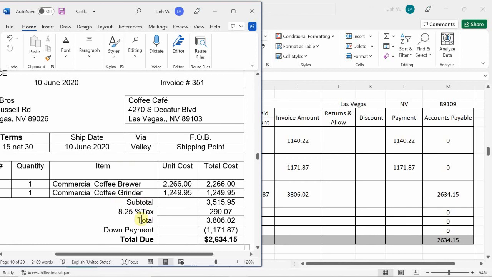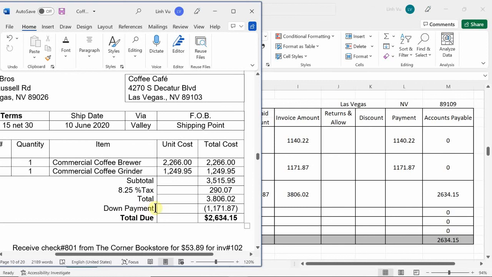So in this case, the total here is $2,634.15, right? But we have to put back that down payment because we're looking at the grand total amount that was actually original before applying that down payment. So now we're at